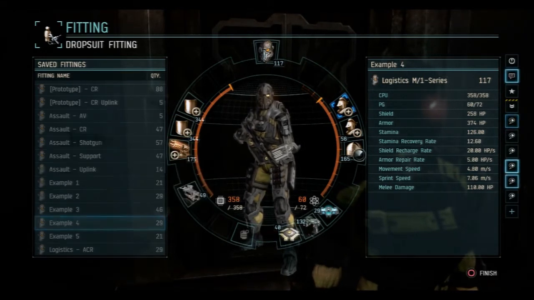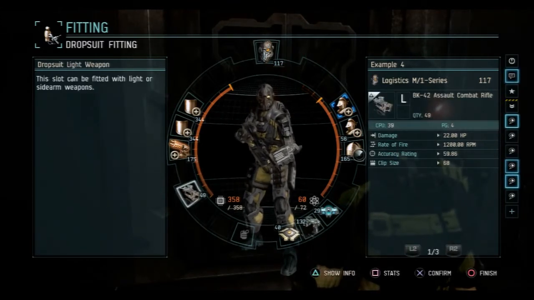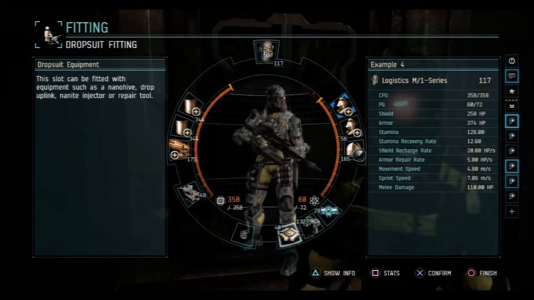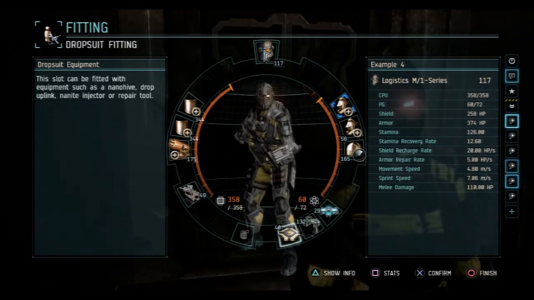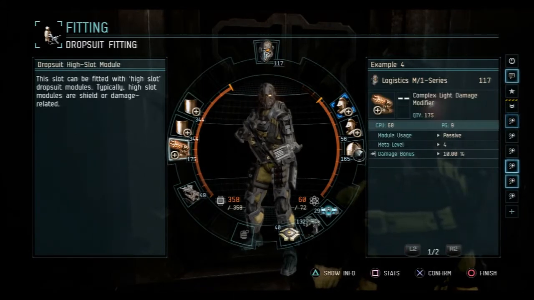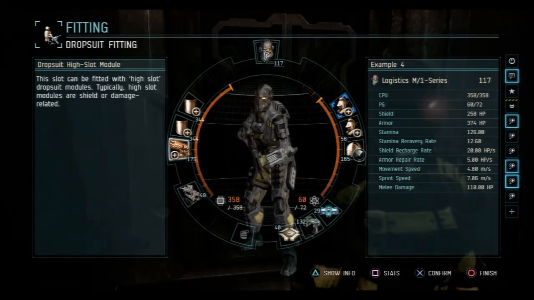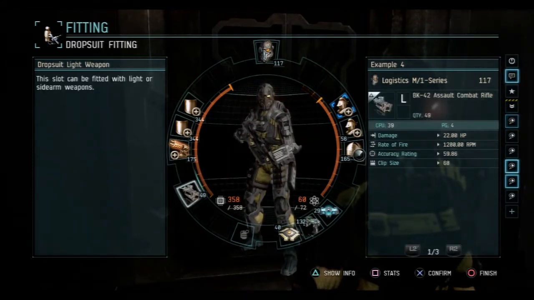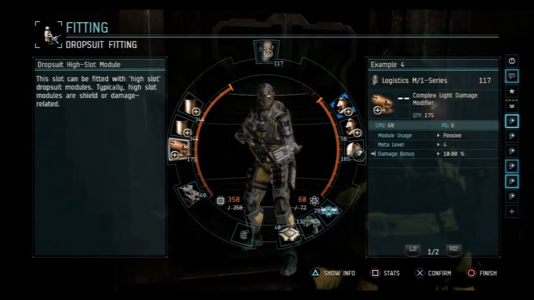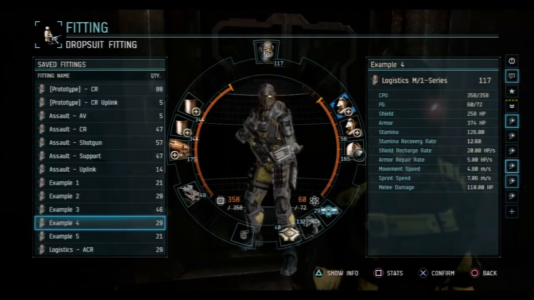Fourth fit, again another aggressive suit, only this one is the assault combat rifle, and instead of having an injector I have an uplink on this fit, so it's more along the lines of kind of like a setup thing, really simple, pretty much the same setup. Again, 2 extenders and a damage mod, a little bit more health because of that extra extender, but then again I think that this assault combat rifle does quite a bit of damage already and only needs 1 damage mod instead of 2 to really be effective. With your flanking, you don't really exactly need that much health anyways, but it's always good to have that extra